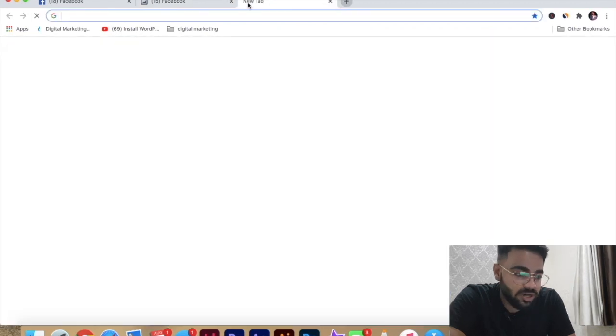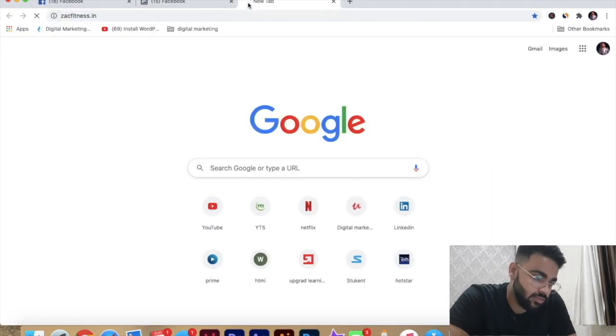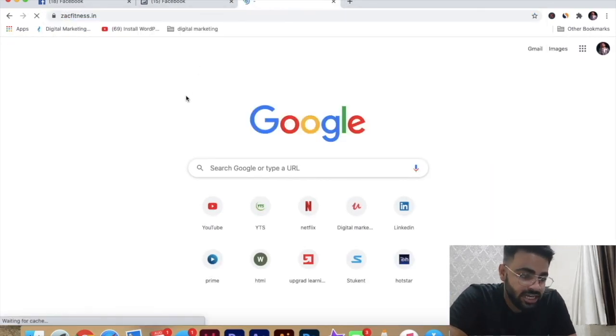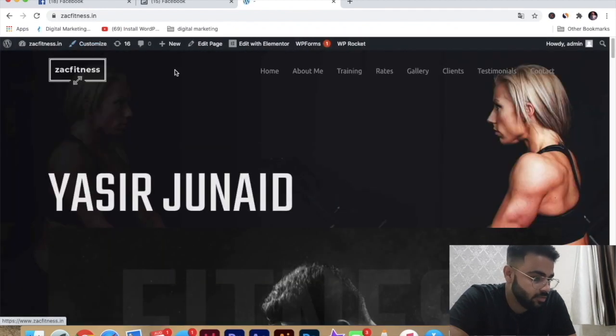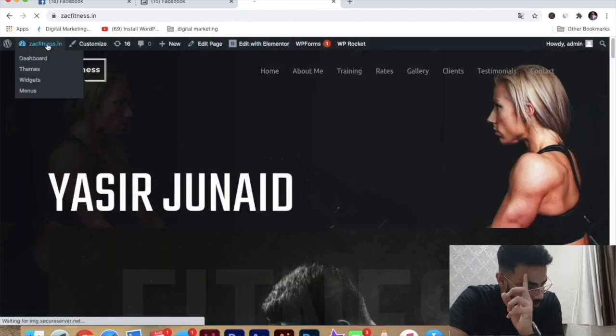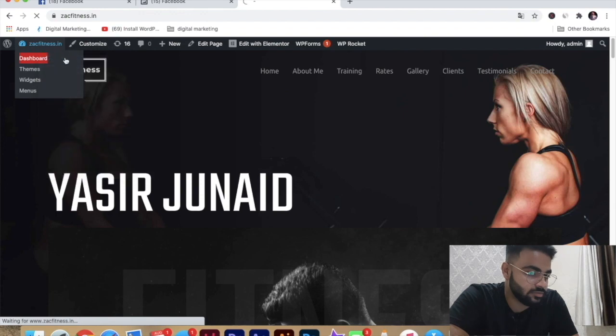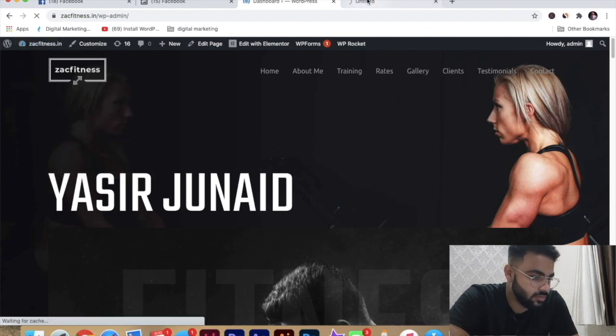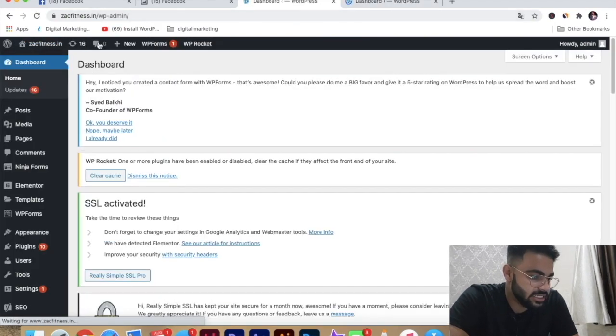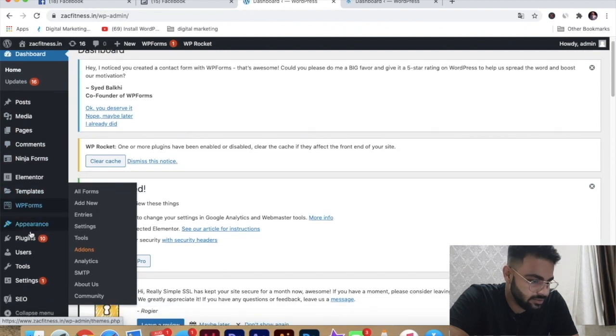Now go to your WordPress website. Go to your dashboard. Now on the left hand side, you'll see several options. Choose plugins, add new.